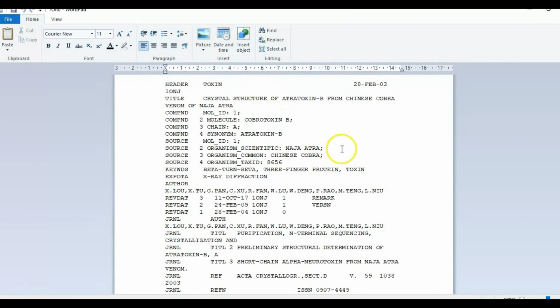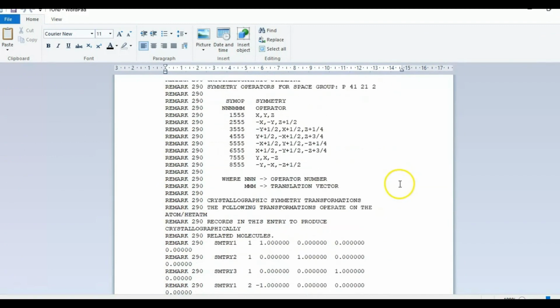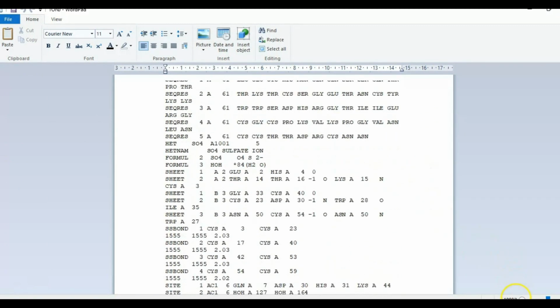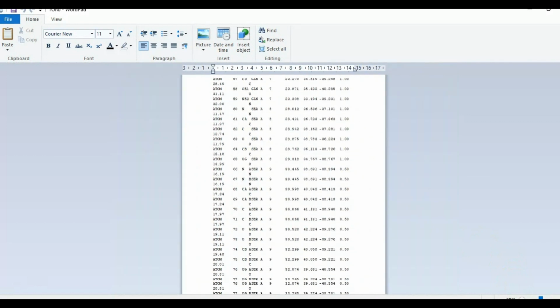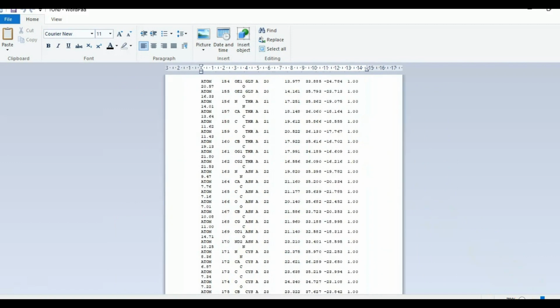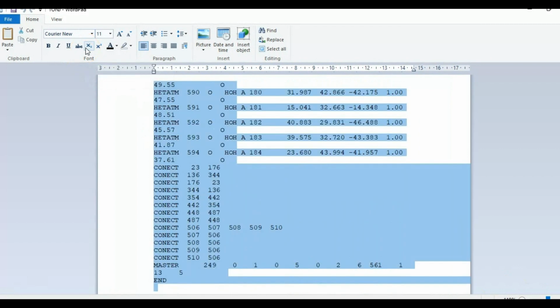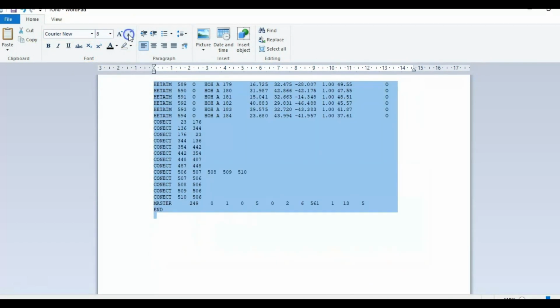this is how the PDB looks like. So if you go to Atom, hang on, yeah. Okay, if you go to Atom,